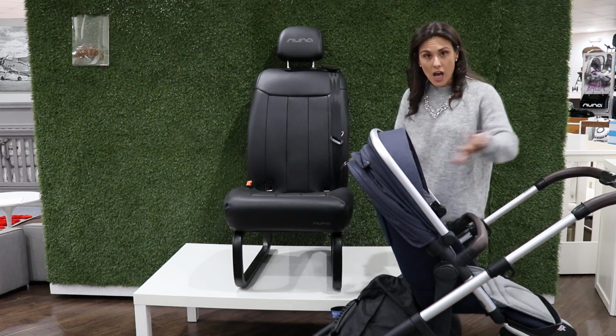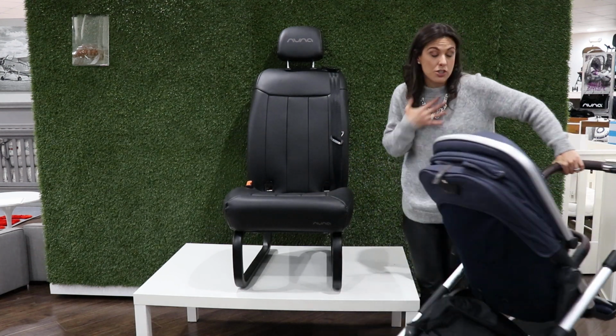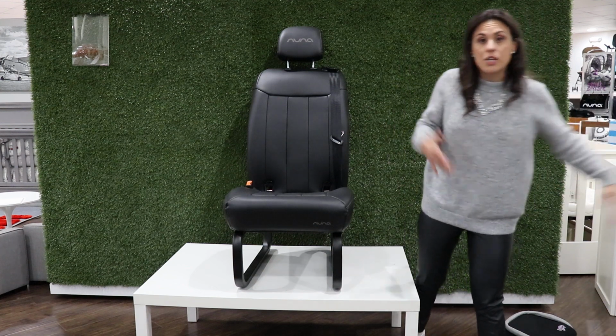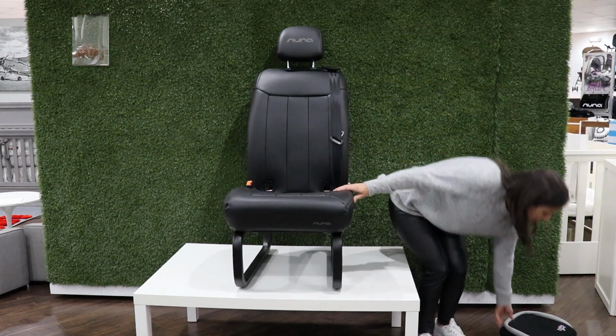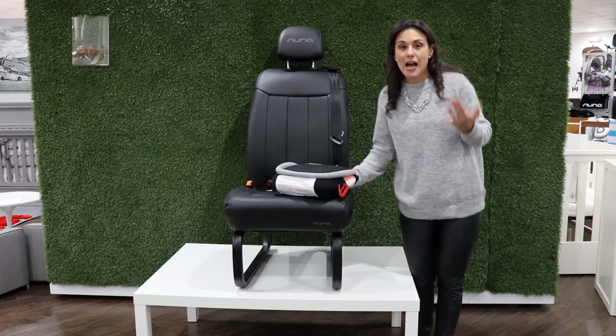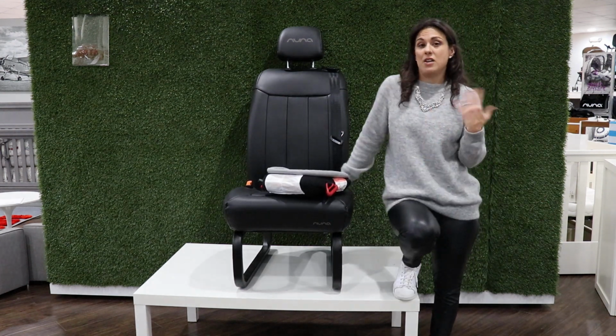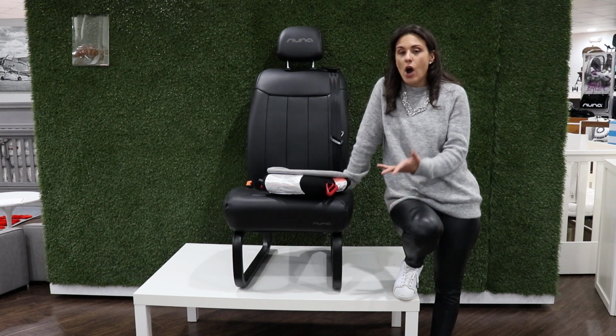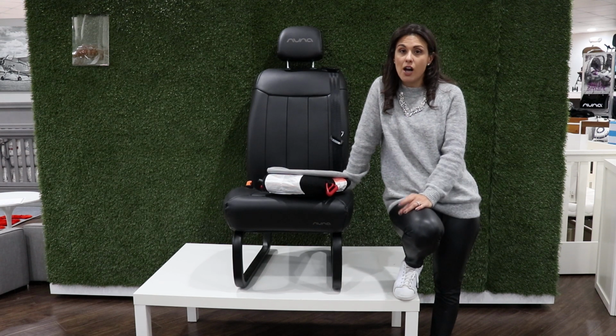So, moving on. My 6-year-old, sorry, he'll be so upset if I called him 5 and he heard. My 6-year-old was also with us on this trip, and let me talk about his booster. He is in a high back booster seat at home. I actually have him in a high back Clek booster seat. Love that seat as well, but again, how am I going to travel through the streets of Chicago holding a